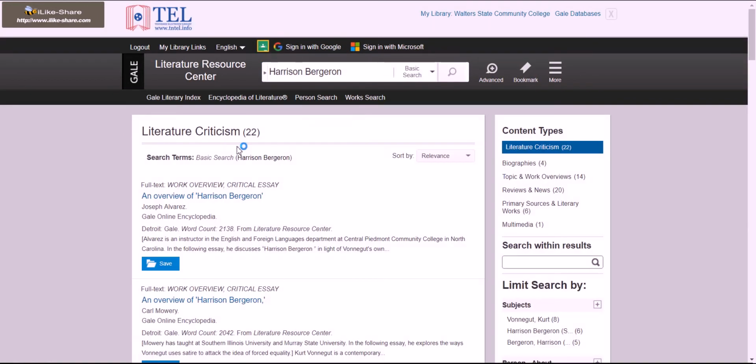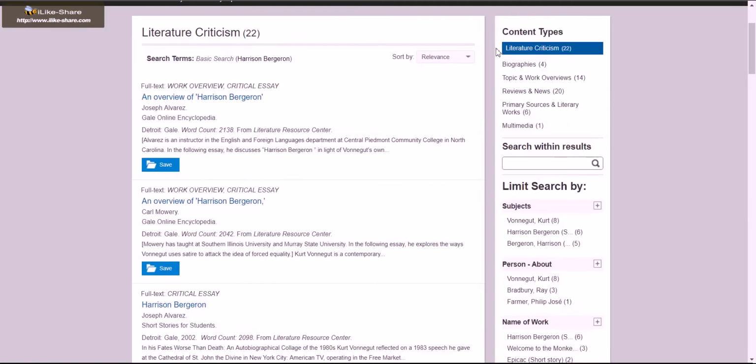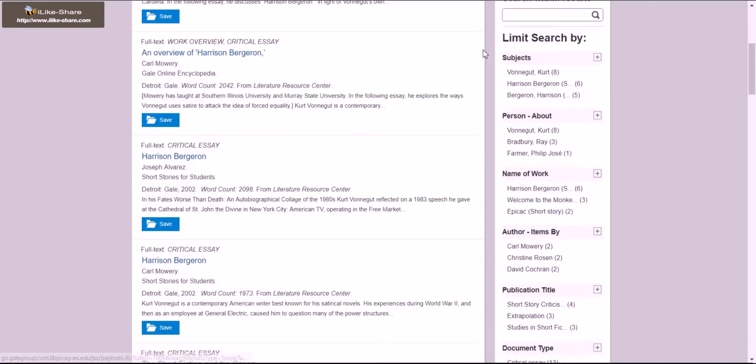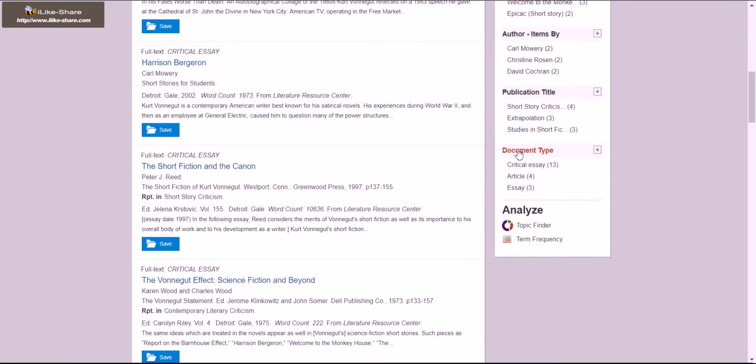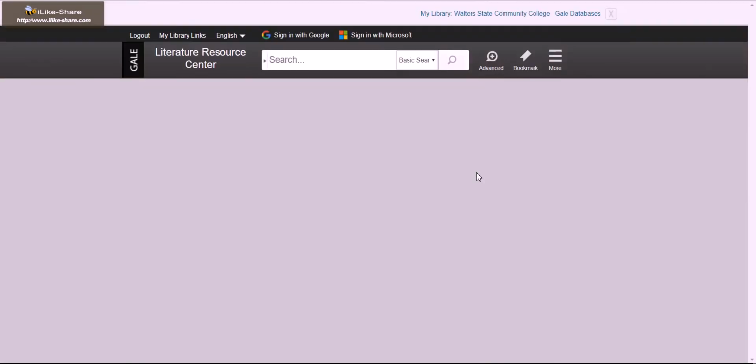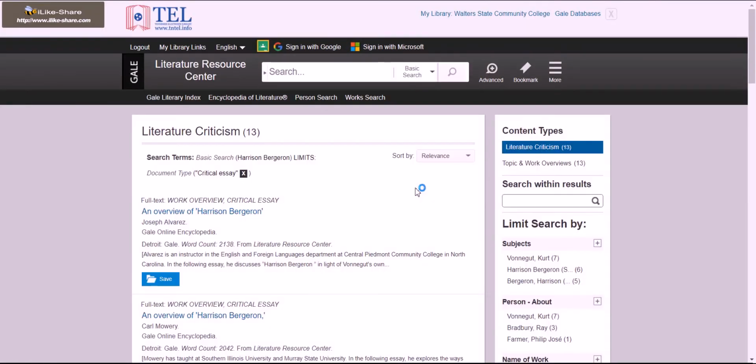There are 22 results in the area of literature criticism, and that's really what we want to stick with. The short story itself is our primary source, so a lot of our secondary sources should come in the form of literary criticism. If you scroll down towards the bottom, it's even better if we click on critical essay. That gives us 13 pieces of literary criticism